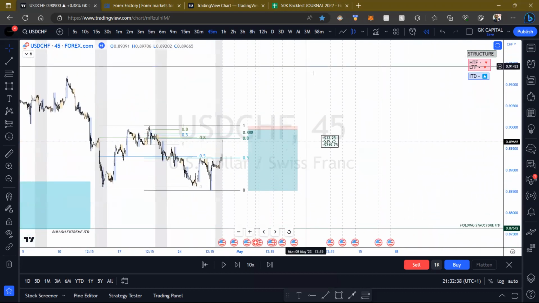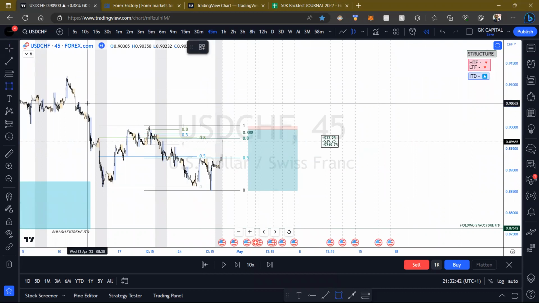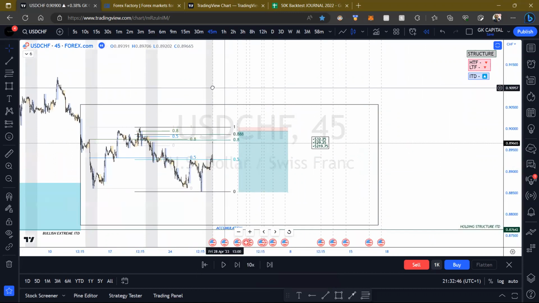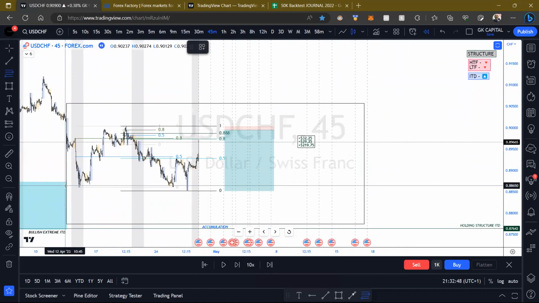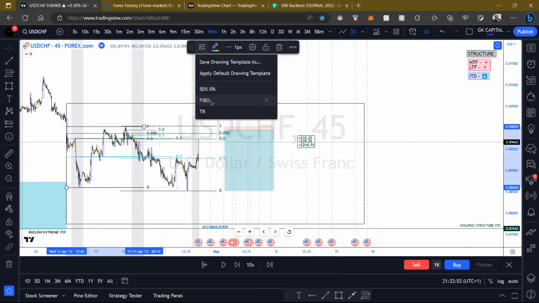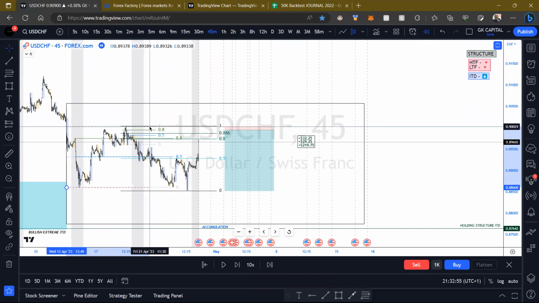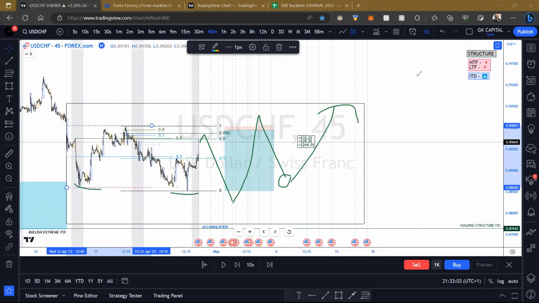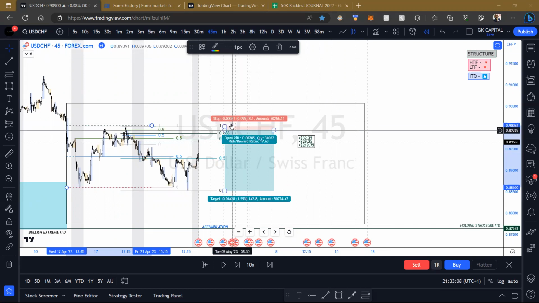Cool. And again, at the same time, I'm also thinking of this as an accumulation, right? We could very well get that, because this could be our trading range, right? And we could get price come up, give us our third drive, but just in case we don't, I'll be hedged in from that sell.